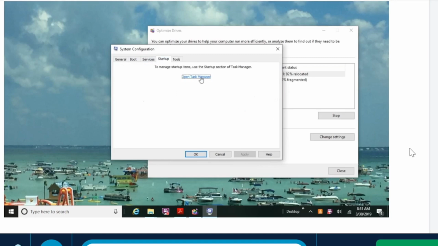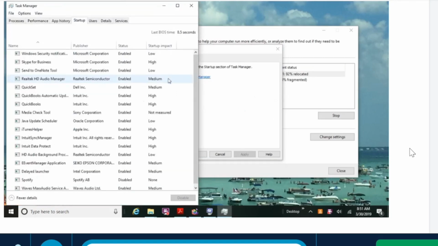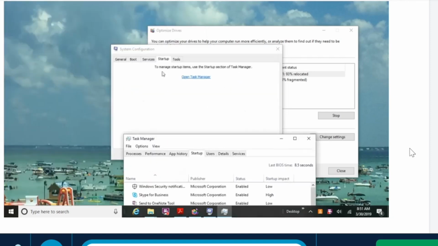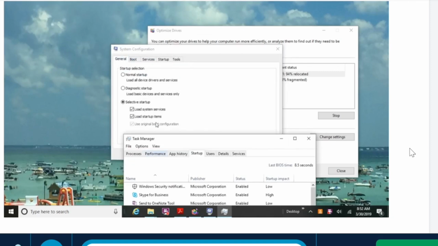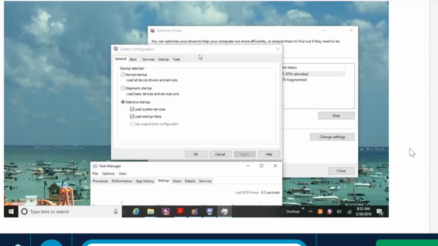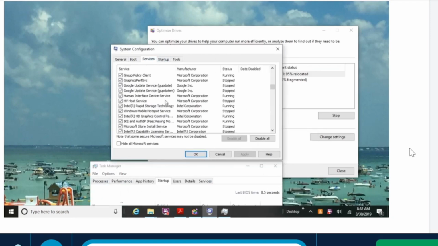So when I go to the startup menu, I can open my task manager, and I want to show you through a separate display on this with each one of the tabs, because there are a lot of available options that you can do as far as optimizing some of your startup services. But all in all, I wanted you to see through the system configuration, it shows you the boot up process and what's available for booting it and making your computer work. So you can go through system configuration and determine if there's specific services that you don't need. I recommend that you research each one of these and make sure that it's definitely something that you either need or don't need,